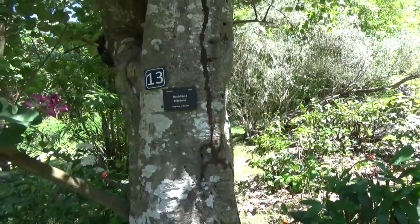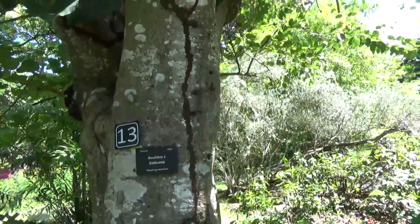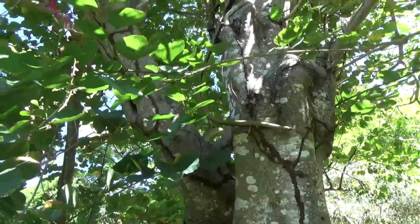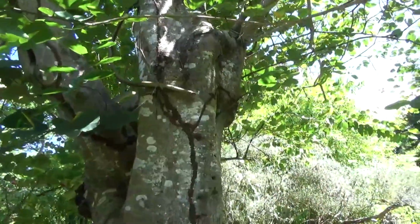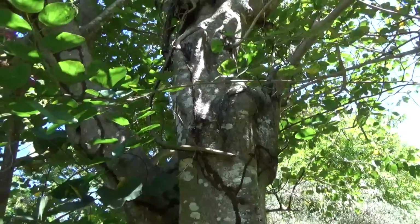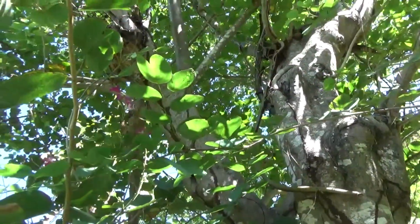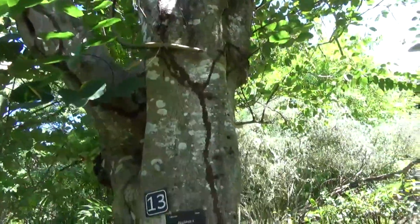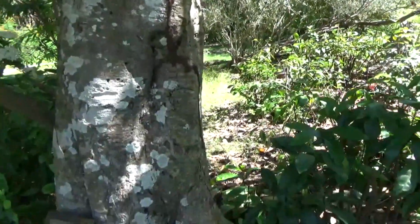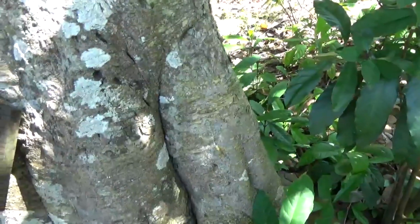Okay, so I wanted to show you this. See those marks on the tree. So when I first saw it, I was thinking, oh, I wonder what kind of tree that is. But this is actually the ants. So they're either the ants or, what do they call them? Oh my gosh, what are they called? No, it's definitely ants. So you can see